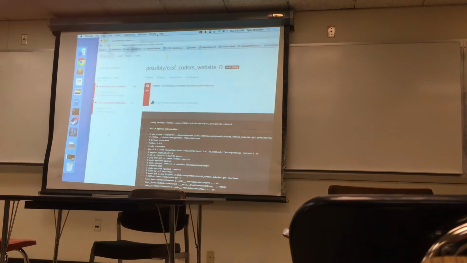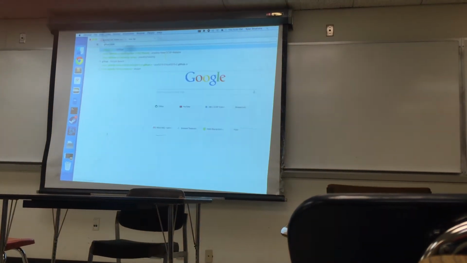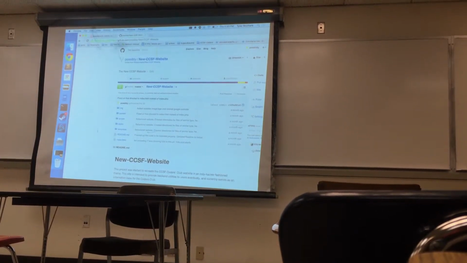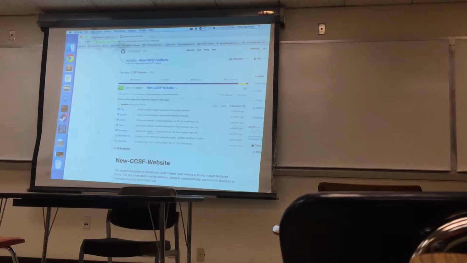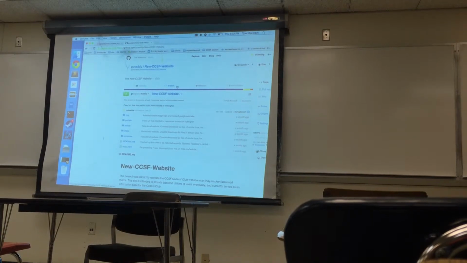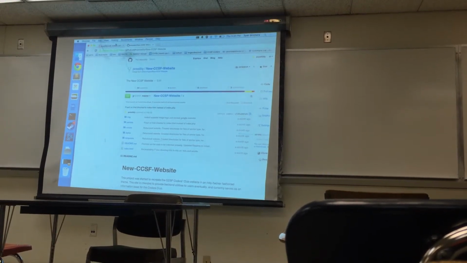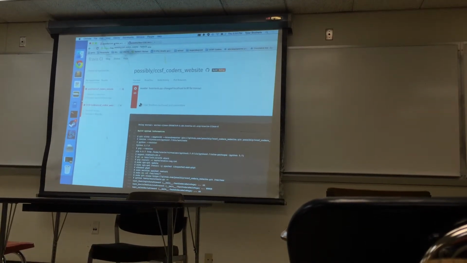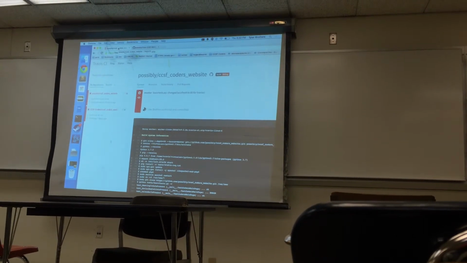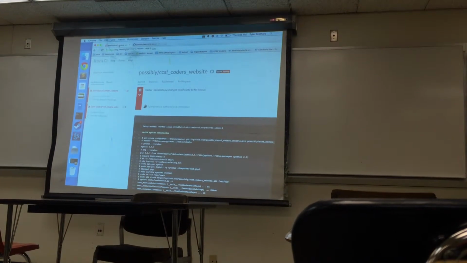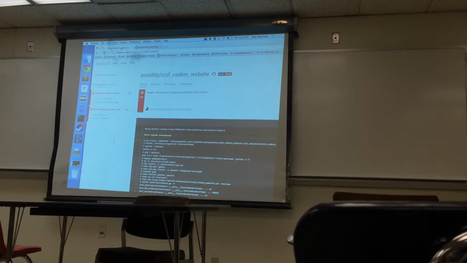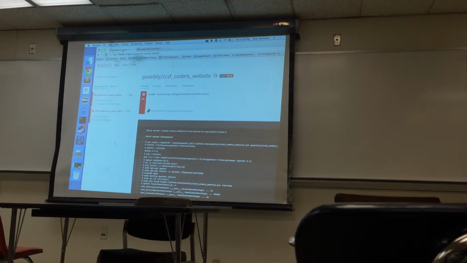So right now, on the Coders Club GitHub repo, and actually right now this is my personal fork of the GitHub repo, this is where I'm contributing all of my code. I'm developing locally, and I'll submit code to my fork. And I use this program called Travis CI, which is really cool. It's a website where you can log in with your GitHub profile. It's free if you have an open source project, which the website is. And you configure Travis CI and GitHub to kind of listen to each other.